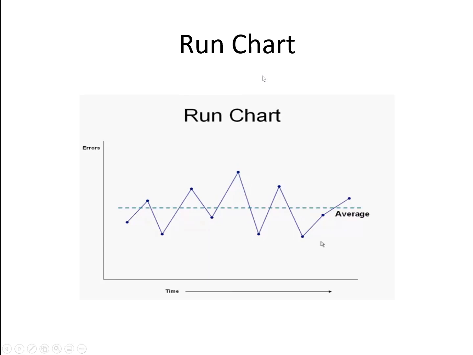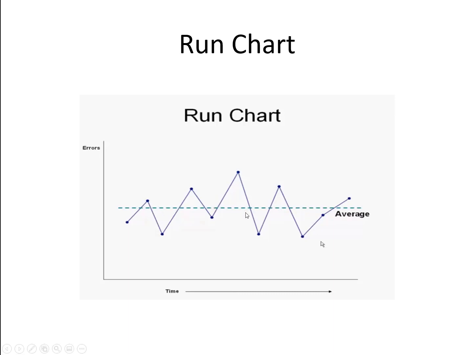Before it was a line chart, this is now a run chart. We just calculate the mean. So before it was 5 on Monday, 7, then again it was 3 on Wednesday, on Thursday it's going up to 8, let's suppose. When we take the mean of all these errors, on the basis of that mean we construct this line. Let's suppose the mean is 6. So this is the mean.